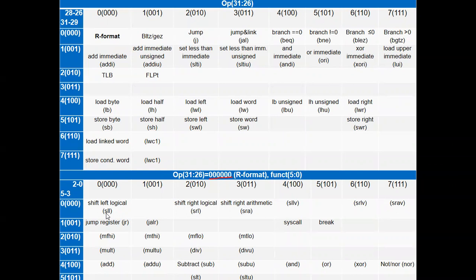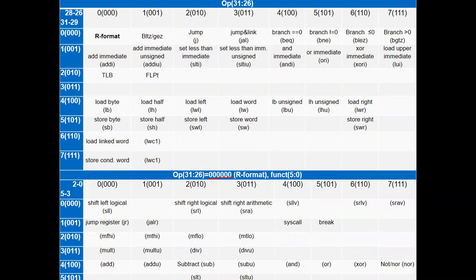This is the SLL, as you can see here. So the code for the shift is 000000. That's the functionality. The functionality bits from 0 to 5, the 6 bits in the right hand side of the